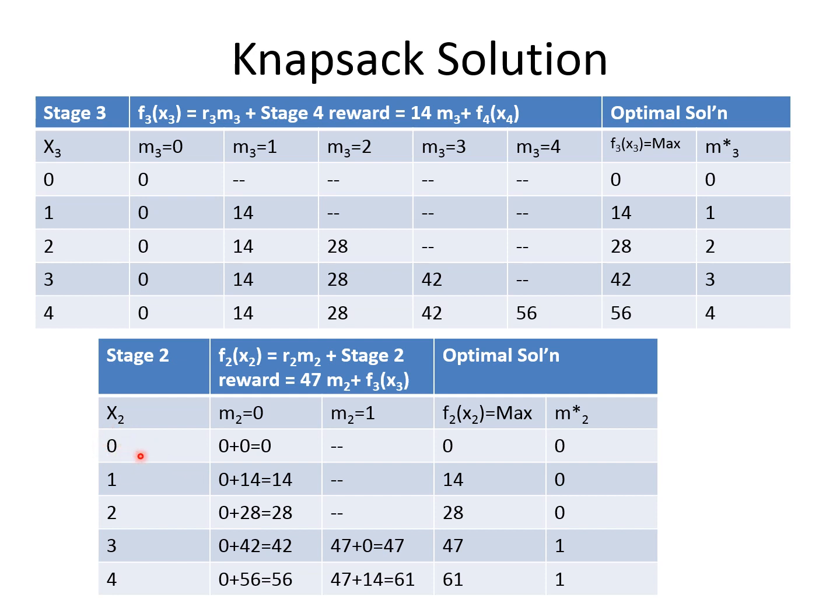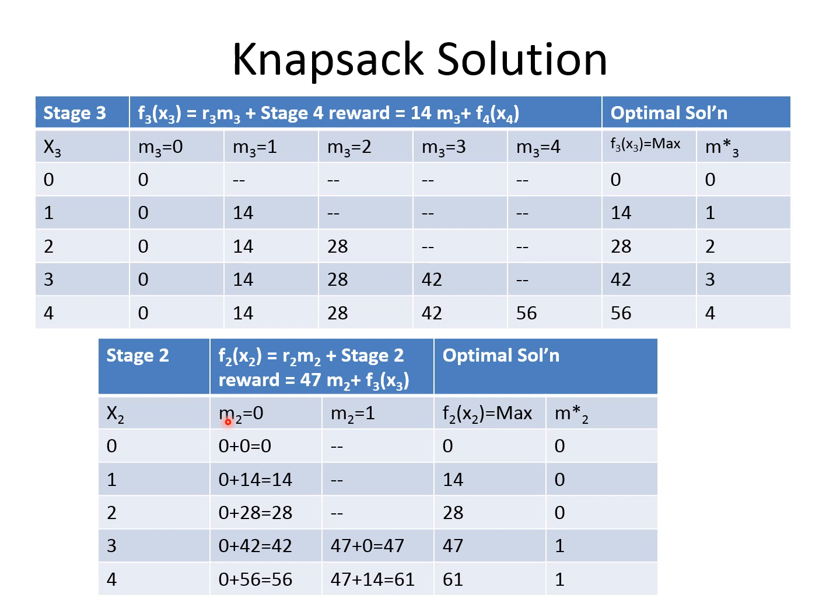If X2 is 0, that means it's already full. How much can you take? I can take, yes, M2 equal to 0, which gives a value of 0, so 47 times M2 plus F3 of X3, 0 plus 0, and this 0 is coming from F3 of X3. F3 of X3 means, if X2 is 0 and M2 is 0, what would X3 be? And here you have to be careful. The relationship between X2 and X3 would be